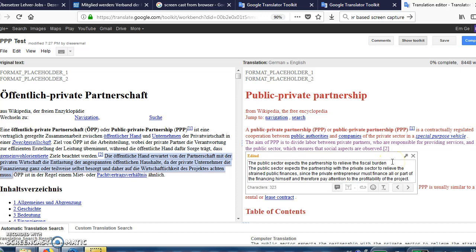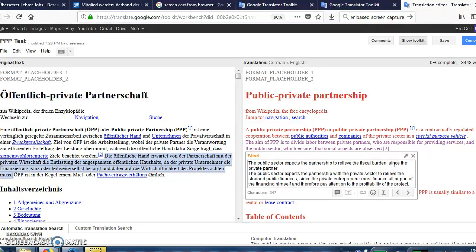The public sector expects the partnership, and we're not going to say the partnership with the private sector, because we already said in the previous sentence that the private sector is involved. So we're not going to say here partnership with the private sector. The public sector expects the partnership to relieve the fiscal burden, since the private partner, and here we have the private partner again, so never make that mistake when they mention the private sector two or three times throughout the sentence. We're not going to make the same mistake. We're just going to say since the private partner